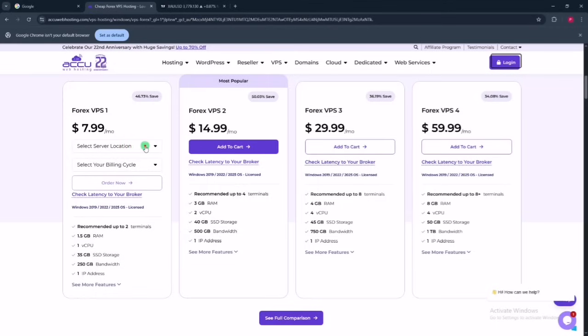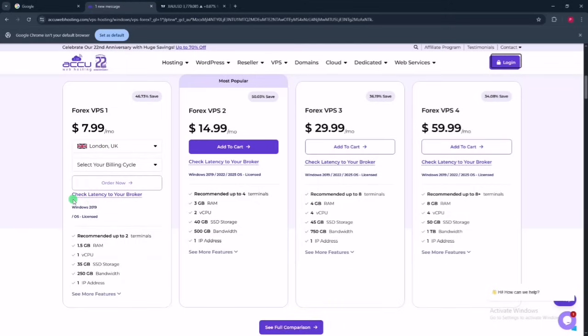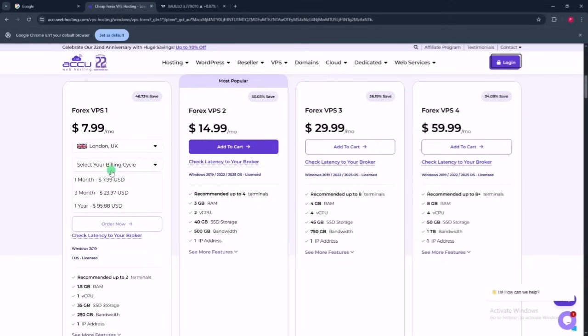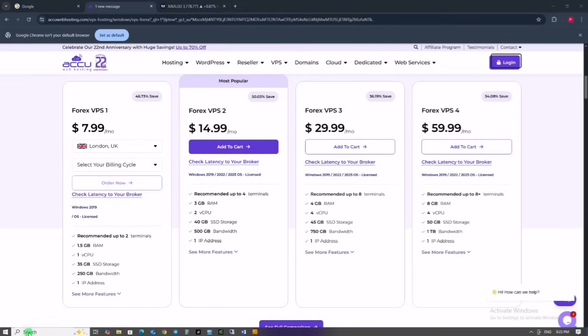You select the location of your broker. Okay, right here you select the location of your broker. If your broker is based in London, you might be in South Africa, but if your broker servers are based in London, you can select London, and then you select your billing cycle, and then you make the purchase. After making the purchase, you will get the emails that will give you the login details of your VPS computer, and then all you have to do is come to